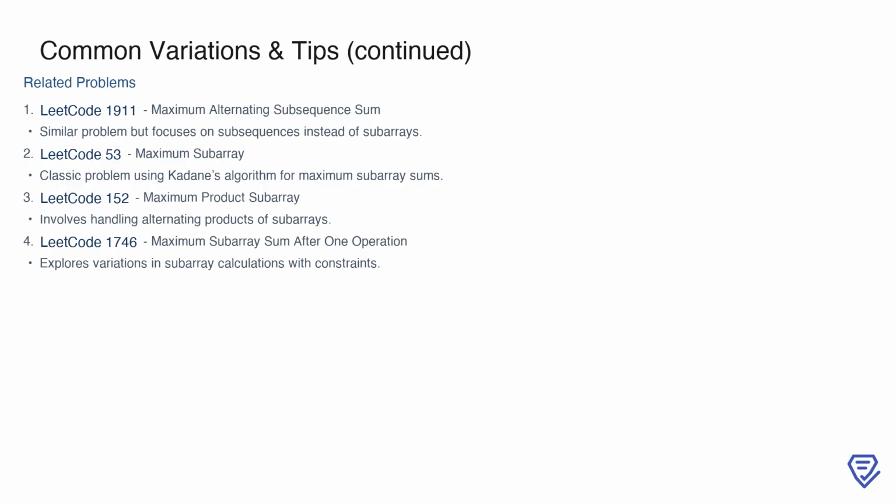For example, LeetCode 1911, Maximum Alternating Subsequence Sum, is very similar but deals with subsequences instead of subarrays. LeetCode 53, Maximum Subarray, is a classic problem that utilizes Kadane's algorithm, which you might adapt for certain variations of alternating sums. LeetCode 152, Maximum Product Subarray, involves handling alternating products instead of sums, which introduces its own challenges but